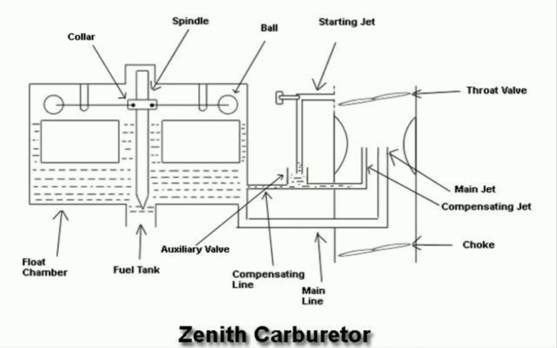Now let's talk about when speed is very high, right? At high speed of the vehicle, the speed of the engine increases, hence producing higher suction. Due to higher suction at the venturi, more fuel is supplied by the main jet, and fuel is also supplied by the compensating jet or auxiliary jet. This auxiliary jet gets fuel from the auxiliary valve, but the compensating jet can supply fuel only for some time because the fuel stored in the auxiliary valve or reservoir is less and becomes empty at high speed.